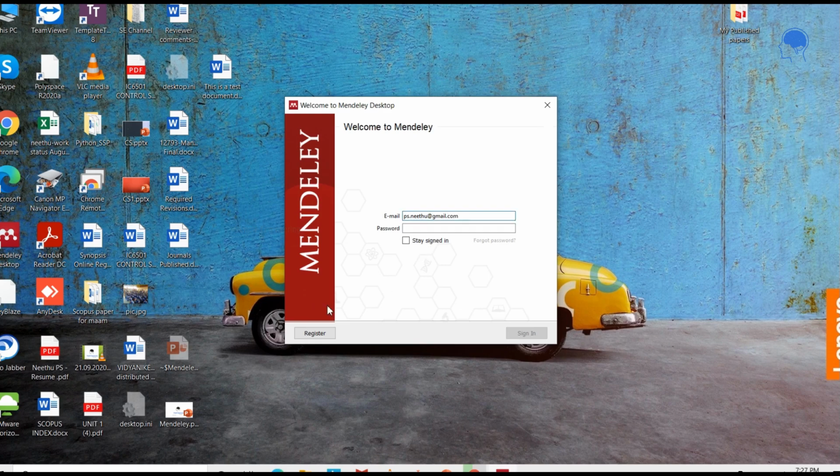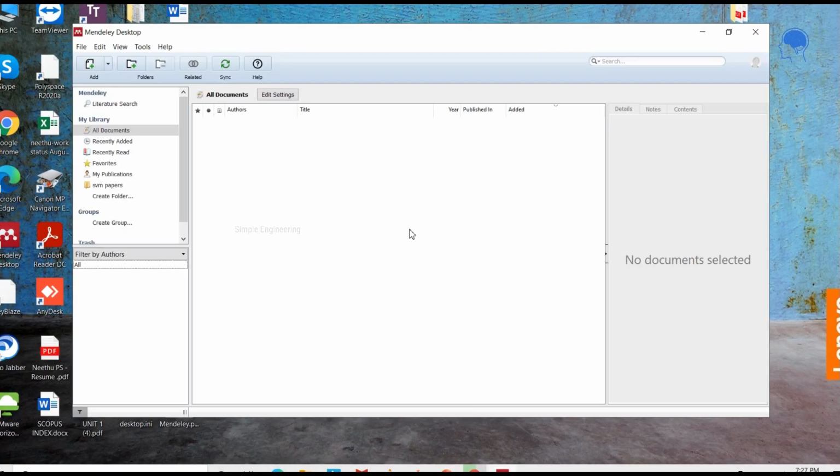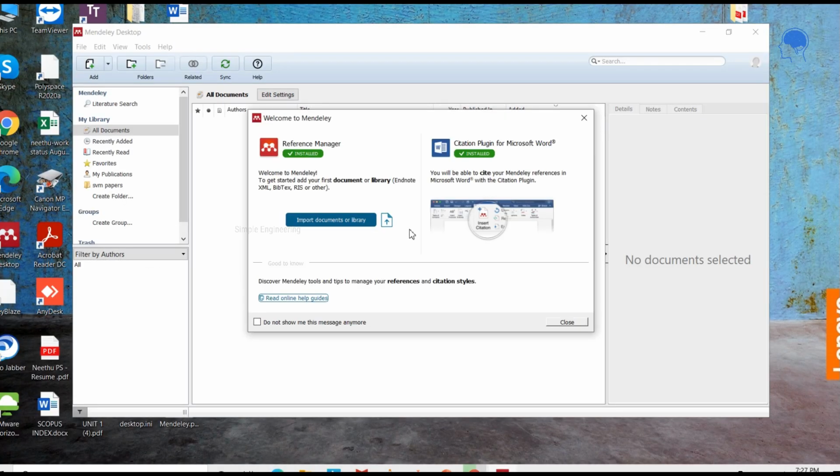After registration, you have to again come to this window. There you have to sign in. Once you have signed in to your account, you will get a window like this.